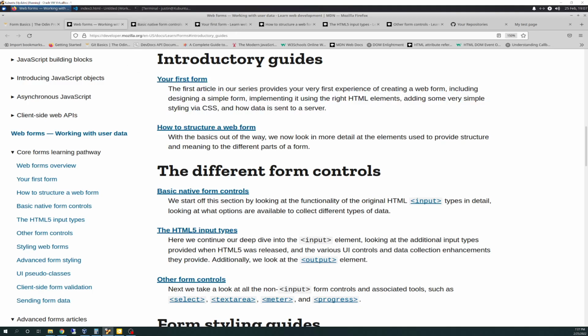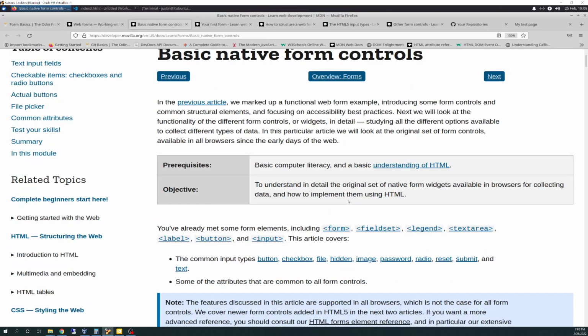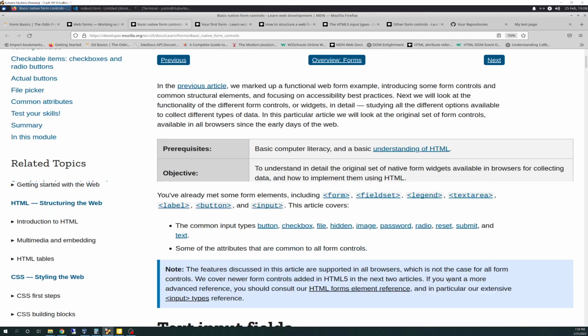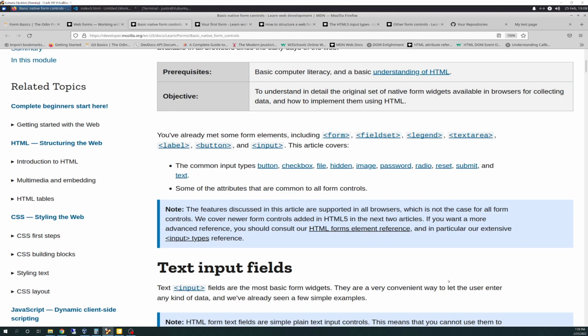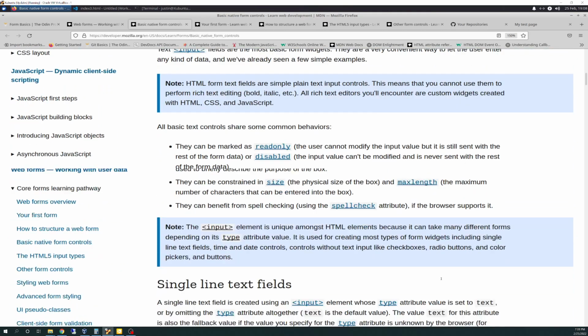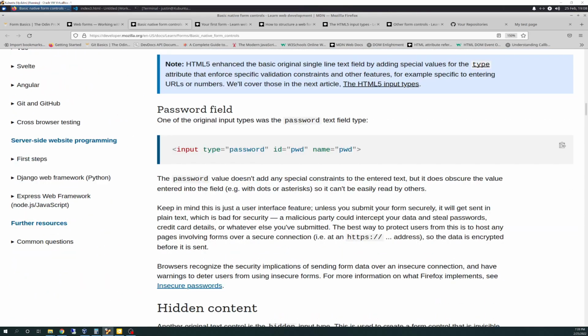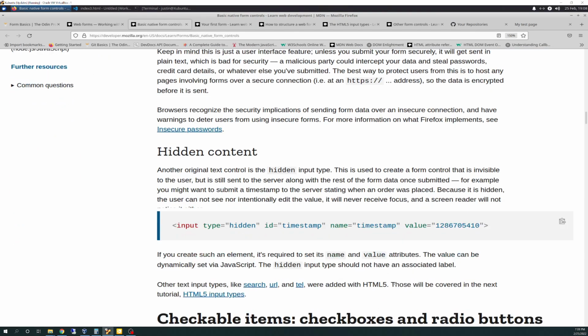So what this does is, I opened up a tab for your first form. This goes through step by step on creating your first form. I highly suggest don't skip this, even though this stuff will make you go to sleep and make you want to rip your eyes out. In my opinion, don't take it lightly, because since there weren't actual exercises in this section, I was going to do these